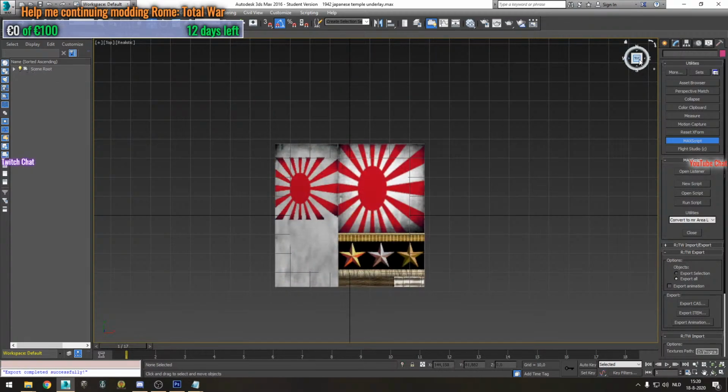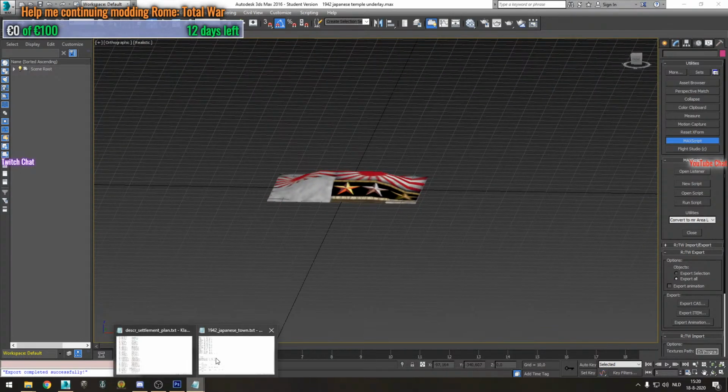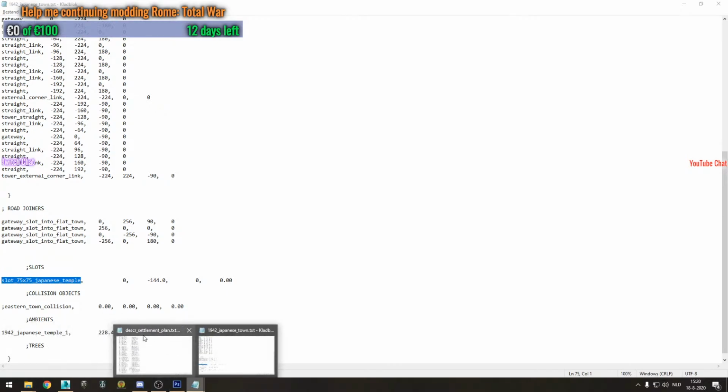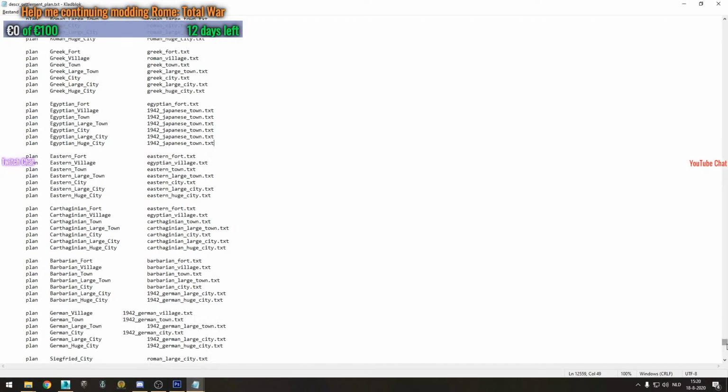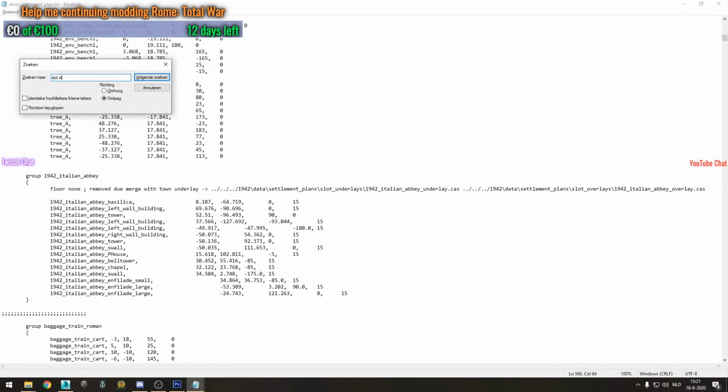Oh, I exported it. Alright, so I have this here, I copy the line, I then go to the Desker settlement plan, and I go to the section where the slots begin. So I search for slots,